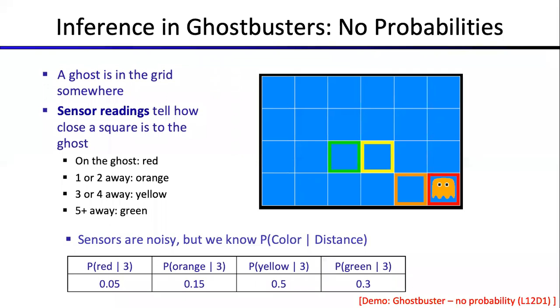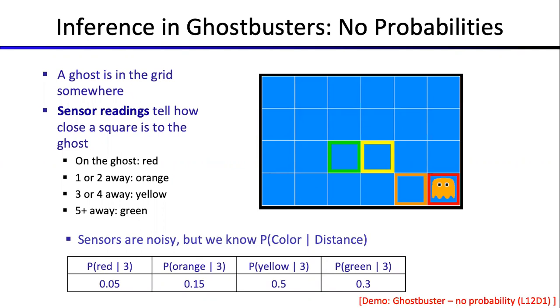The winning situation would be that you have to hit a cell where the ghost is present. Okay. So if you click on a cell,